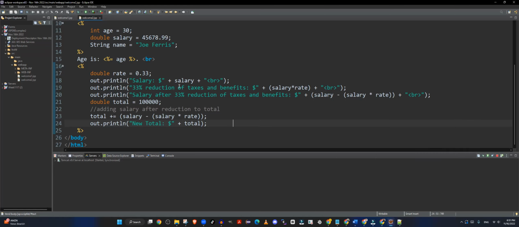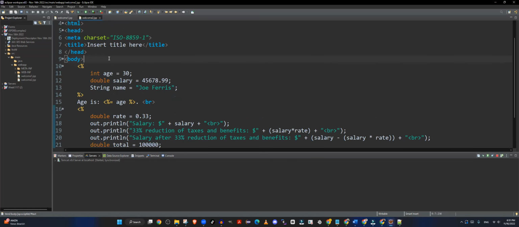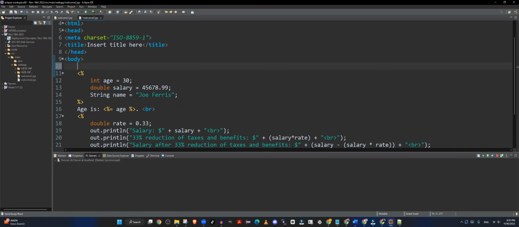Anyway, let's add the code here in this example, right at the top. First of all, let's do it the way the book showed it. If we try to call the Date class directly, it doesn't understand where the Date class is coming from. So you have to write java.util for it to know where the Date class is located. First of all, we'll do it this way, and then we will learn how you can import packages in a JSP